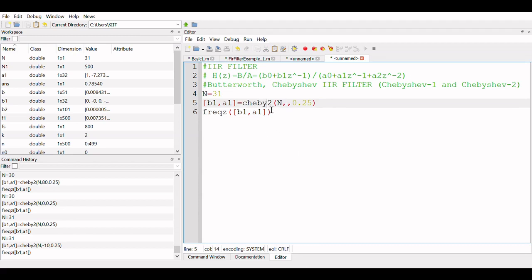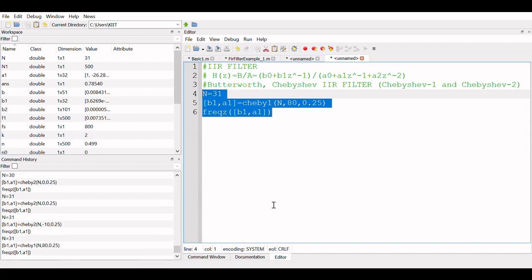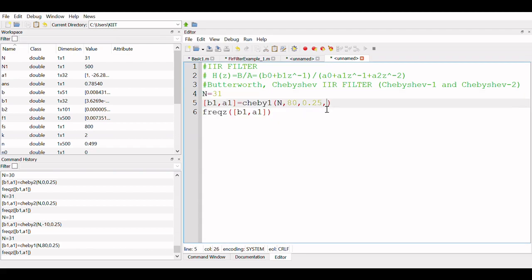Or you can change. So suppose I want to design a Chebyshev 1 filter. So I have given the maximum possible passband, it is 80. So let it increase to 100 also. Why is it taking high passes?